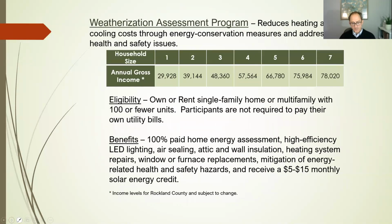So the second program in tier 1 is the weatherization assessment program. The same income guidelines in all of tier 1 that we just reviewed apply. The eligibility is fairly similar to Empower, except the participants are not required to pay their own bills. So if your utility bills are paid through your rent, then you can qualify for this program. And the benefits are similar to Empower, but a little bit more extensive. So they'll still pay for the energy assessment and the high efficiency lighting, the air sealing, the attic and wall insulation, but they'll also